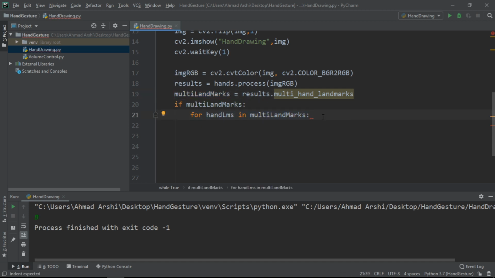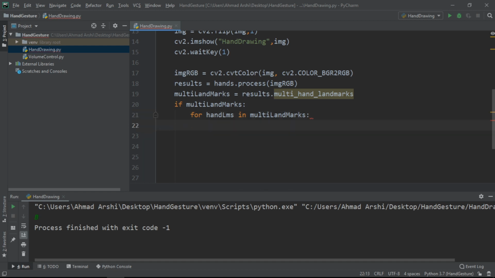So if I have two hands shown in the image, I will get the same response as I'm getting for one hand. Right now we will be focusing on only one hand, so this for loop will work only once. And if you want, you can actually write this statement just like that as well: hand LMS equals multi hand landmarks, and you can directly refer to the first hand that is available inside this. But still, it's nice practice to use the for loop.